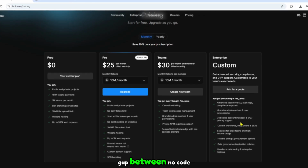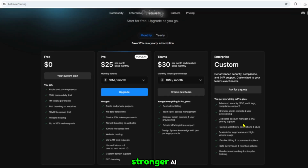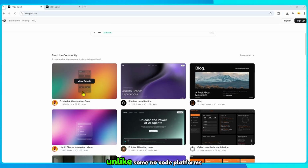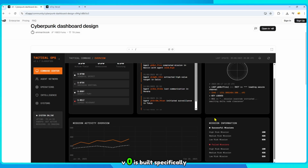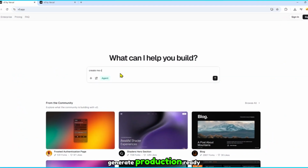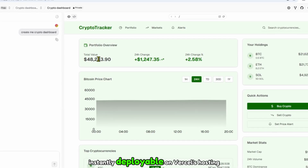It bridges the gap between no-code convenience and developer flexibility, making it one of the stronger AI app builders available in 2025. V0 is an AI-powered app builder created by Vercel, the company behind Next.js. Unlike some no-code platforms that keep you away from the underlying code, V0 is built specifically with developers and designers in mind. It uses natural language to generate production-ready React components and full applications that are instantly deployable on Vercel's